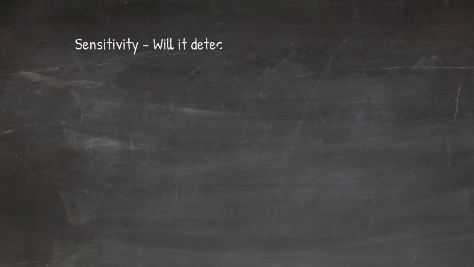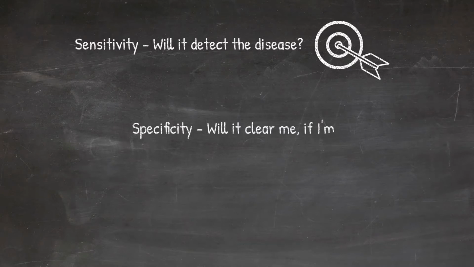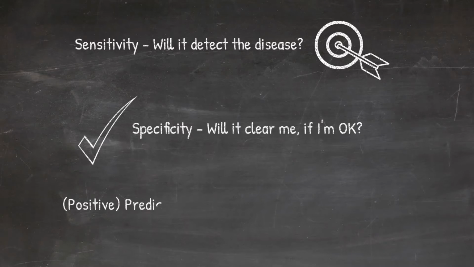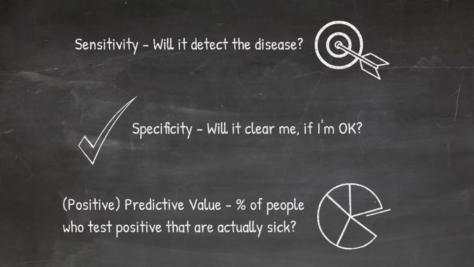A medical test has three important characteristics. Sensitivity is the chance that if you do have the disease, the test will catch it. Specificity is the chance that if you truly don't have the disease, the test will give you the all clear. Predictive value is a measure of how useful the test is based on its sensitivity, specificity, and how commonplace the